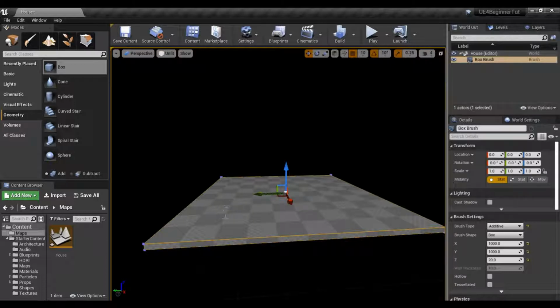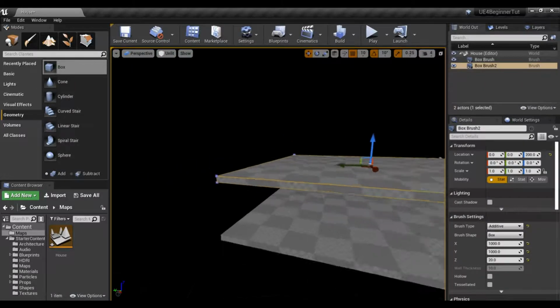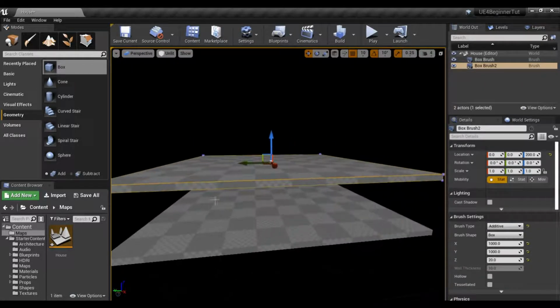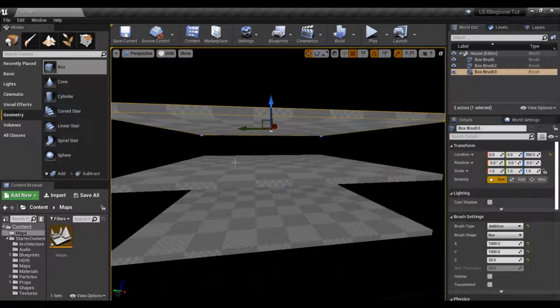Okay, to make the walls, we could drag in another BSP box. Or we could duplicate what we already have here. So I'm going to go ahead and hold down the Alt key. And then I'm going to drag one of my arrows. I'm going to drag this blue arrow, drag it up. I'm going to let go. And now we have a duplicate. Now, if you happen to let go of Alt early, it might not duplicate. Okay,